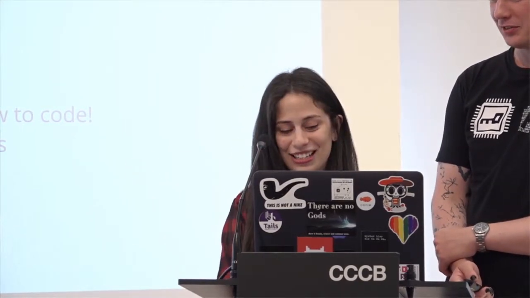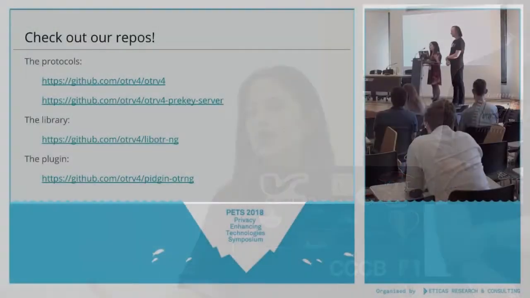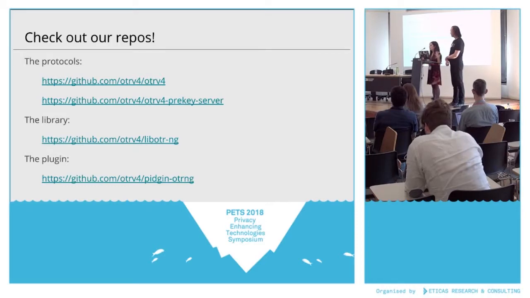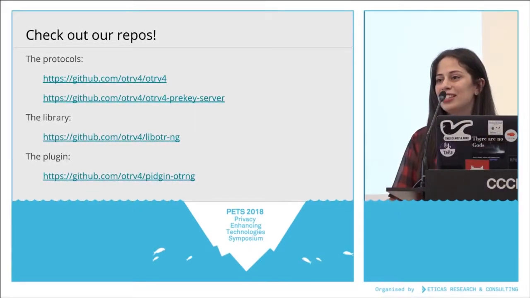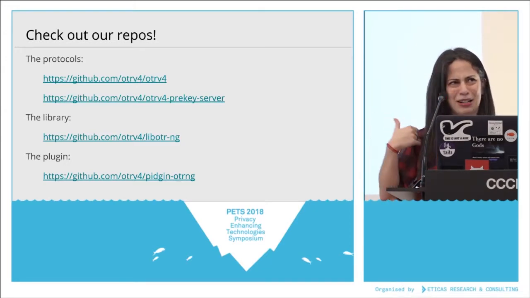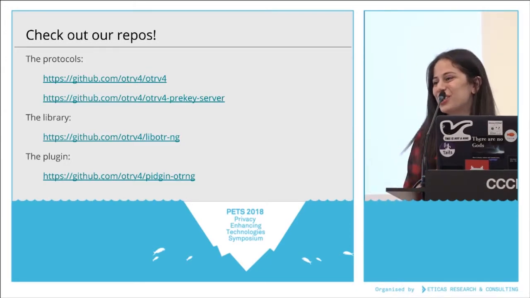If you want to check them out, we have the protocols on GitHub. They are part of the security and privacy community. If you want to find an attack in OTR, go ahead and find it so we can improve the protocol. If you want to read something around it or one of the decisions of why we made this protocol, it's there. Go ahead and read it. If you want to collaborate implementing this, please let us know. The protocol is as much yours as ours.